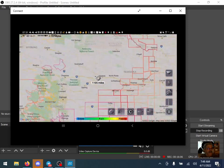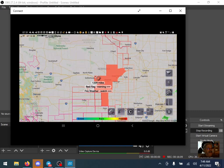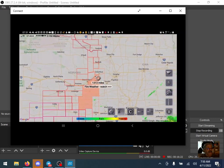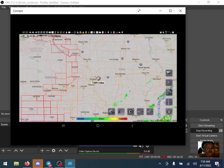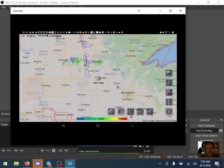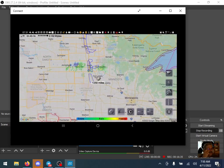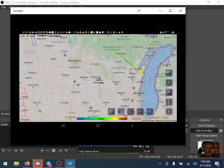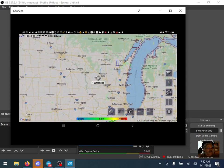For a change, they're not showing much on I-90 or I-80 down here in Cheyenne and the area of North Platte in Nebraska. They got a fire danger, but that's not going to be much. But looks like the weather is all staying up north by the looks of it here. You can see some snow rolling through the Valley City, Jamestown area right now, and rain over in Detroit Lakes. But they're not showing any winter storm warnings over in Minnesota,